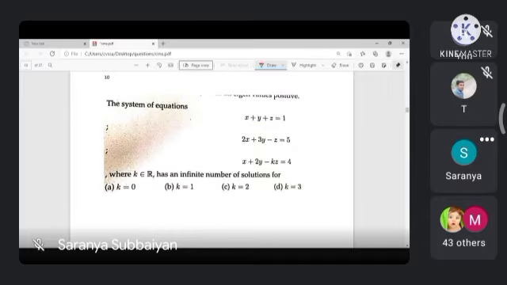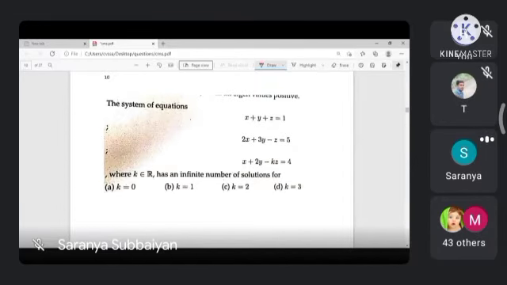That's why I'm saying rank and determinants are very important. If you can do the operations fast, you can tell the answer within a minute, so you will score full 3 marks in part B questions, right? That's why I'm always saying matrix and rank, or determinant and rank, are very important. Okay, this answer is C.